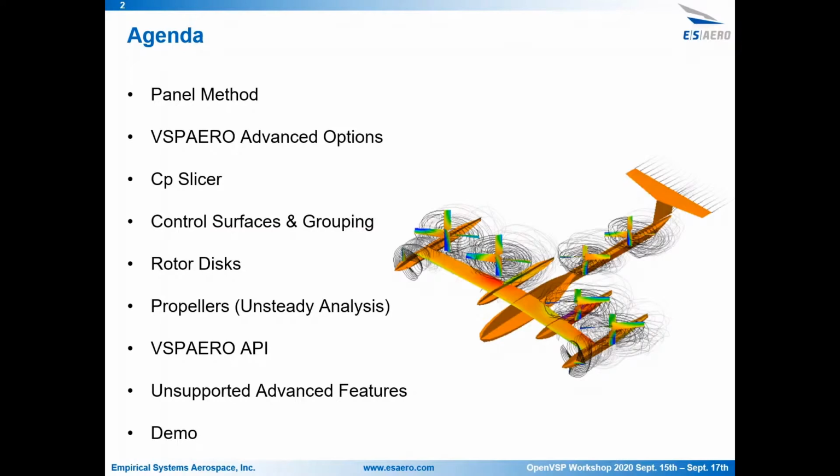So unsteady analysis of rotating blades, which you can see an example of the Uber model there on the right. Briefly talk about the API, and then we'll talk about some of the other advanced features that are not supported in OpenVSP yet, but you can do through the command line, through manual file modifications, things like that. And then we'll finish off with demos for a lot of these advanced features like the CP slicer and